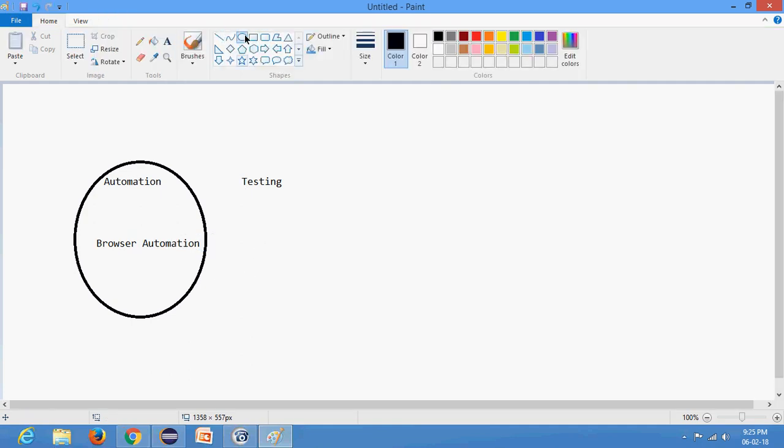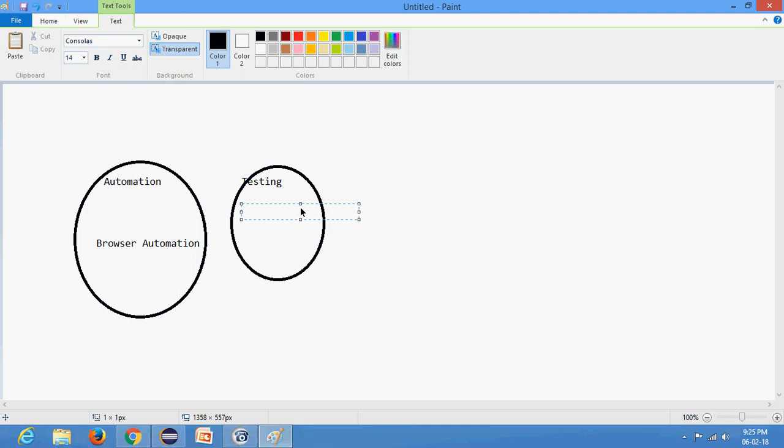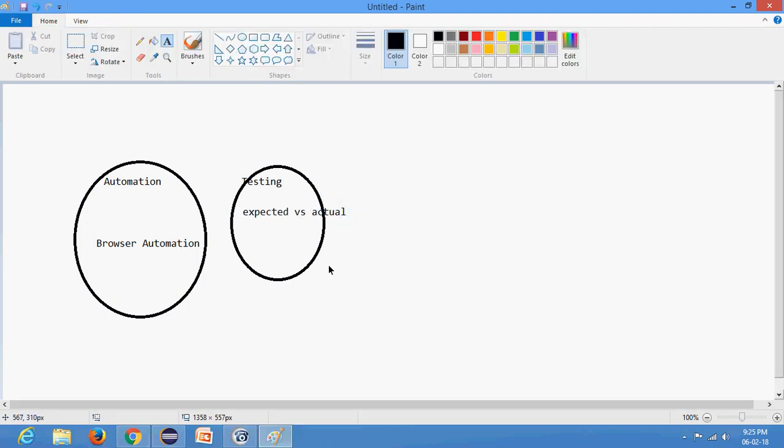And testing, what does it mean? So in simple words, I can say that it is comparing expected versus actual. This is what I will call testing. So automation involves